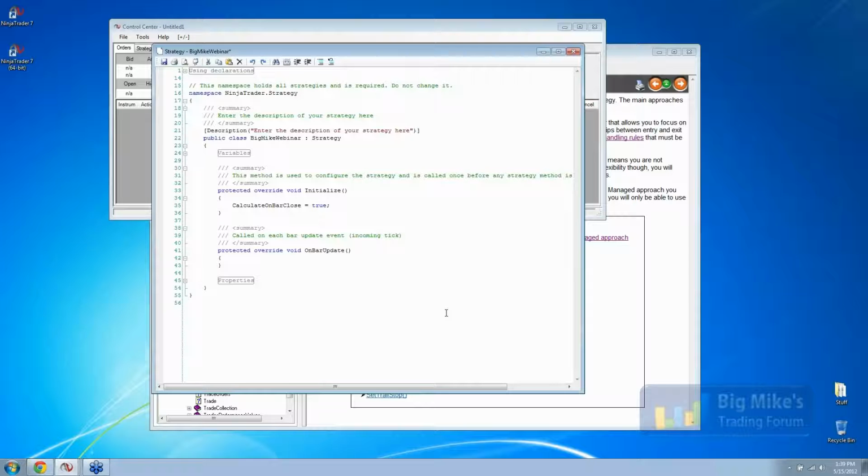Later on, when we go to the unmanaged approach, there's going to be a few extra lines of code we need to inject into this Initialize method up here to get it to use the unmanaged approach. But the managed approaches are the default order placement method that NinjaTrader will assume you're using. So to start off,